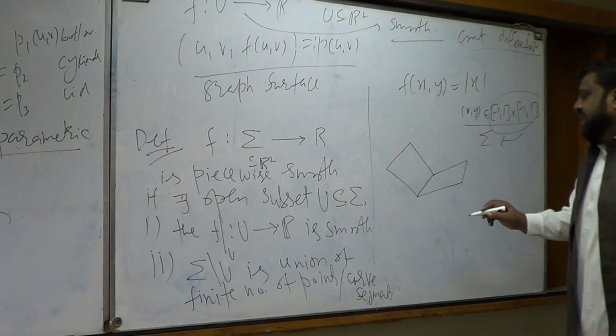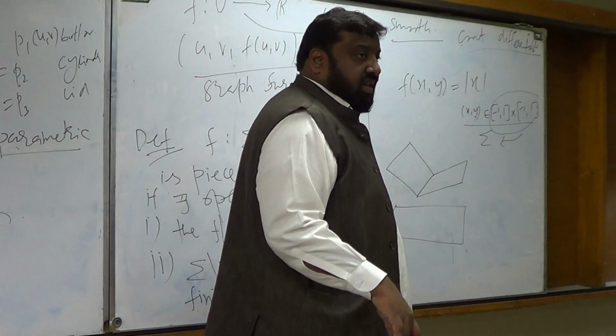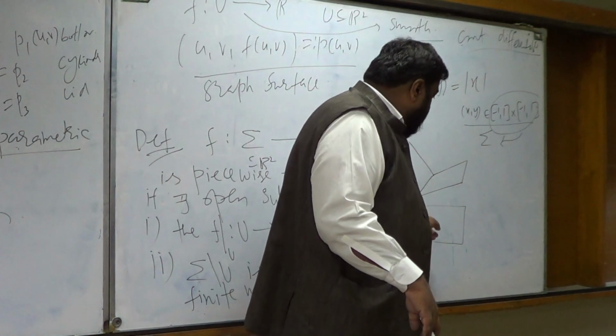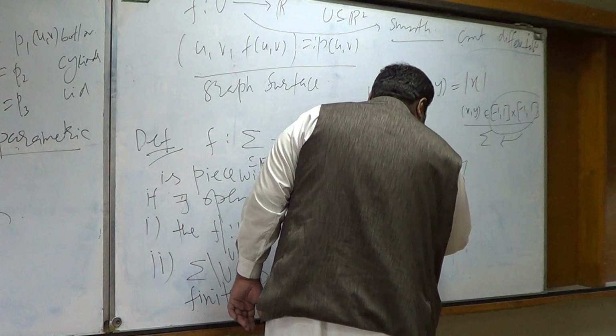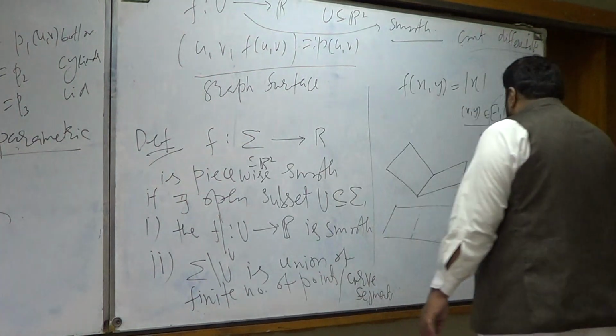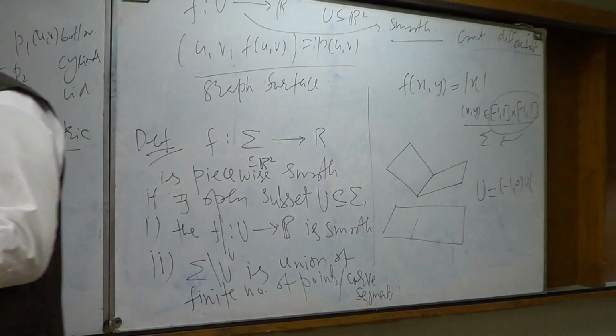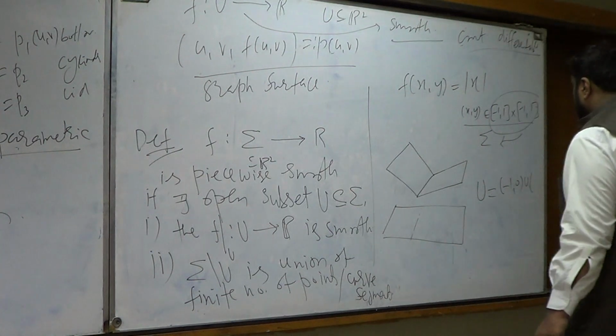So what should I do? The sigma is really the bottom of it, a rectangle in two dimensions. That's your sigma. So in sigma you have a strip, like x equal to 0, where you don't have smoothness. So what should be my u now? So take everything: you can take minus 1 to 0, cross, union, 0 to 1. Yes, that's what it will be. So if you choose, for example,